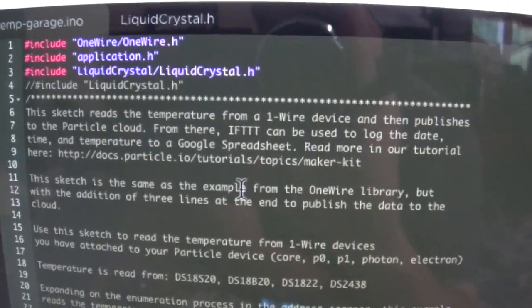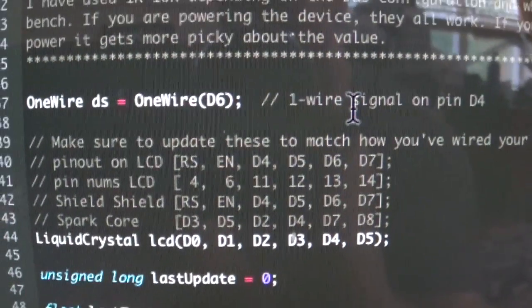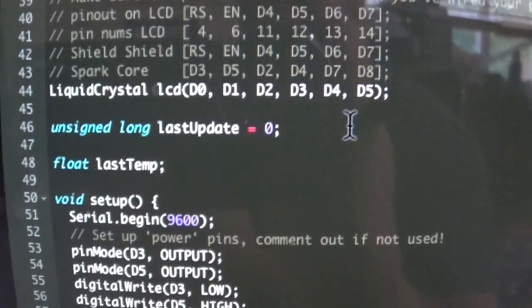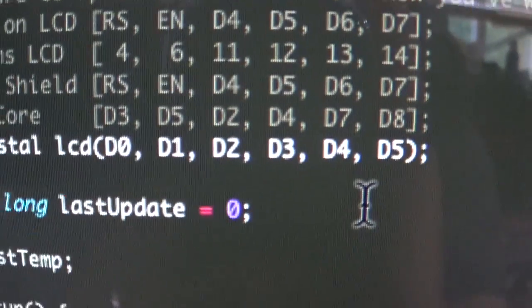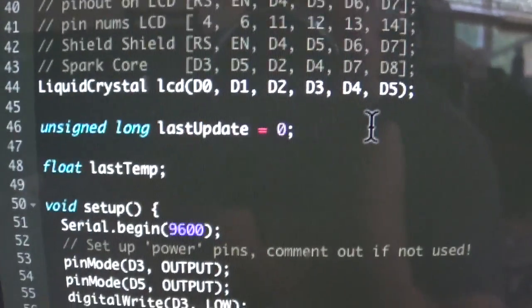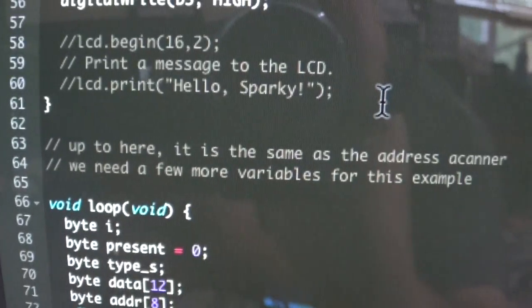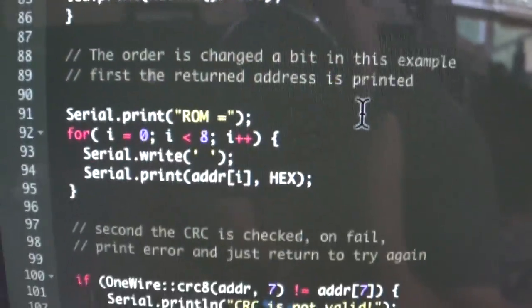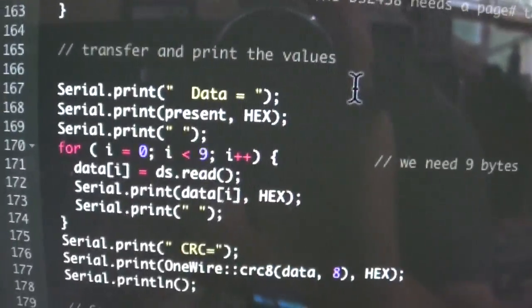Just to come down a little bit, let's see. So I'm including the OneWire. I'm telling it it's on pin 6, which is where it is. And I'm saying that the liquid crystal display is connected to pins D0, 1, 2, 3, 4, and 5. And let's see what else is interesting. This is all just code for the temperature. When I get down here to this section,